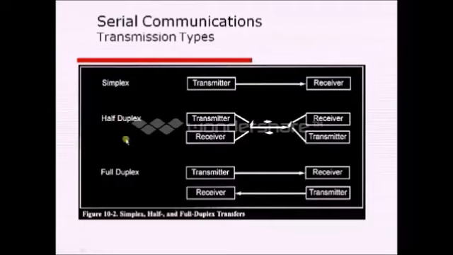And when it comes to half duplex, here at a time one machine can transmit the data and the other machine can receive the data. Here we have a bidirectional channel, but simultaneous transmission is not possible with this channel. Why? Because we have only one channel, but it is bidirectional. And when it comes to full duplex communication, here we have 2 independent channels, one for transmission and the other for receiving. So that is why it is called bidirectional communication, and simultaneous communication is also possible with this full duplex communication.